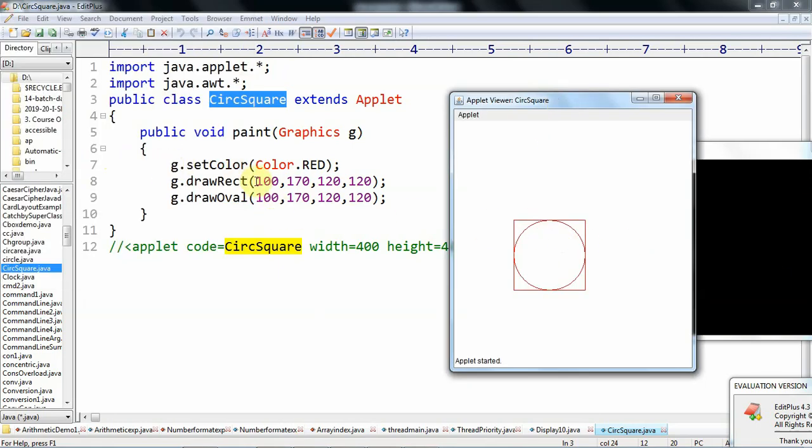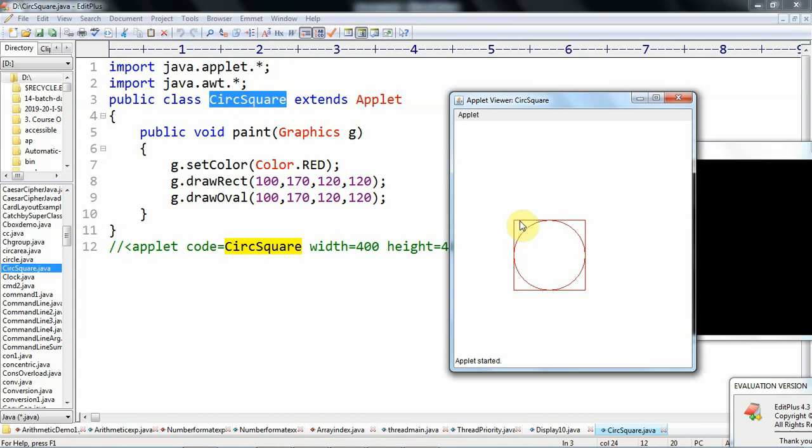We set the red color, g.setColor(Color.red), then g.drawRect, that means rectangle drawing. This position is the upper left corner, that is 100 pixels moving on the x-axis, then 170 pixels on the y-axis, so that's why it is 100 comma 170.